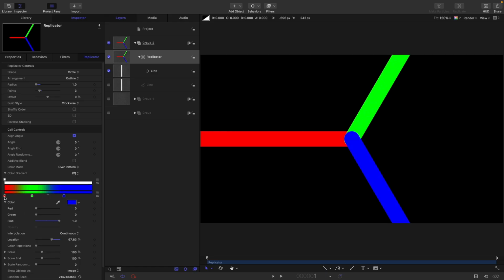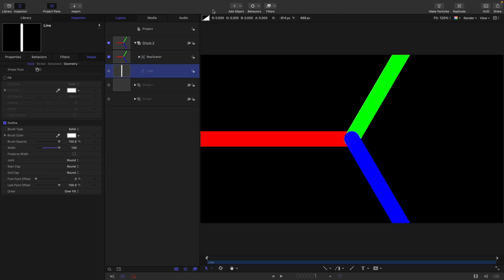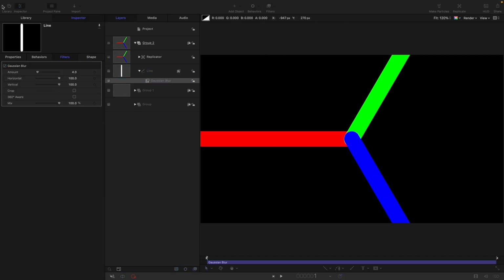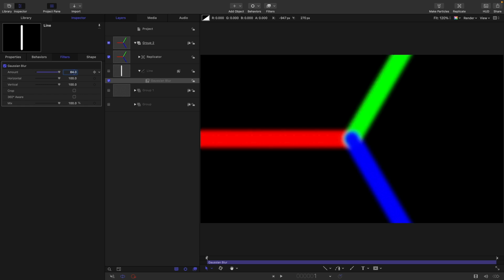And just to be super tidy, let's select this one and make that constant. Let's select this one and also make that constant. And then let's select the green and set its position to exactly 33.33. And this one to exactly 66.66. I mean, this is slightly over elaborate, but just wanted to show you some tricks you can do with the over pattern here on the replicator. One more thing I need to do is to come back into my line and add a Gaussian blur to it. So blur and Gaussian blur, and I'm going to have an amount of 64,